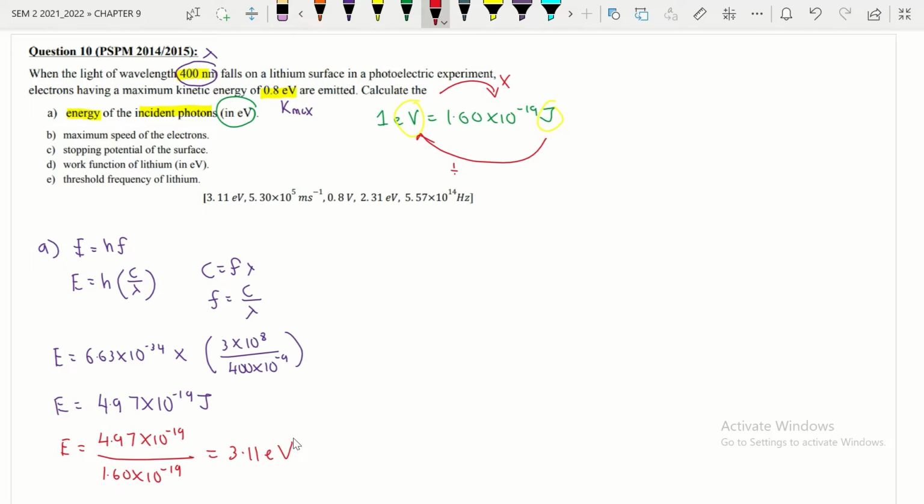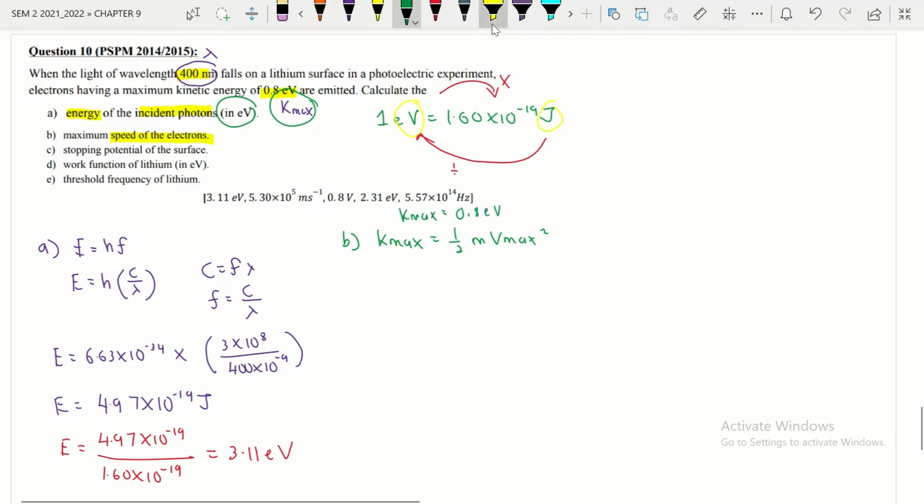Settle. Okay, now let's look at the next question. You need to find the maximum speed, not maximum kinetic energy, sorry. Maximum speed of the electrons. For the maximum speed of the electron, you already know your maximum kinetic energy. From the formula of maximum kinetic energy, you can find your maximum speed. So, your maximum kinetic energy is